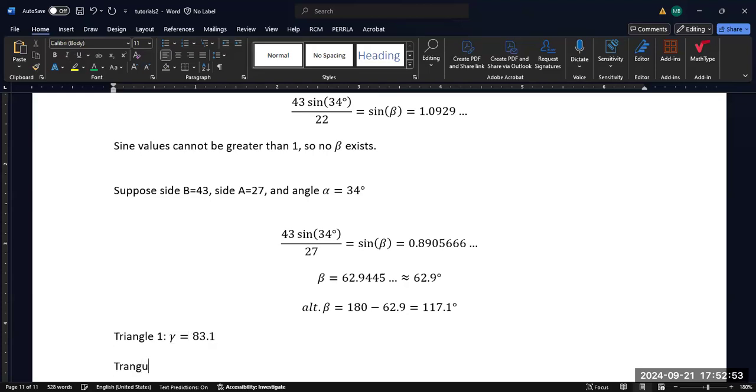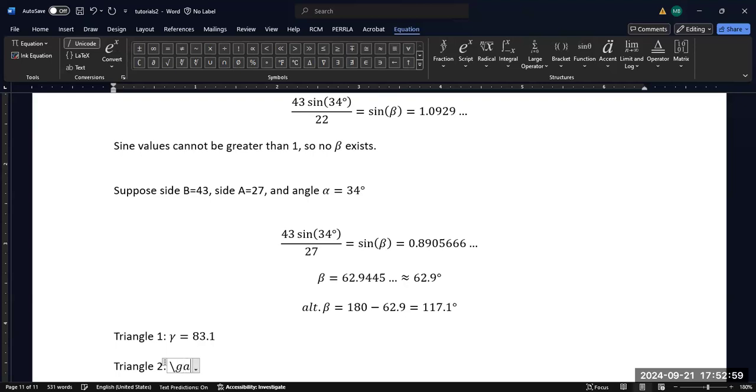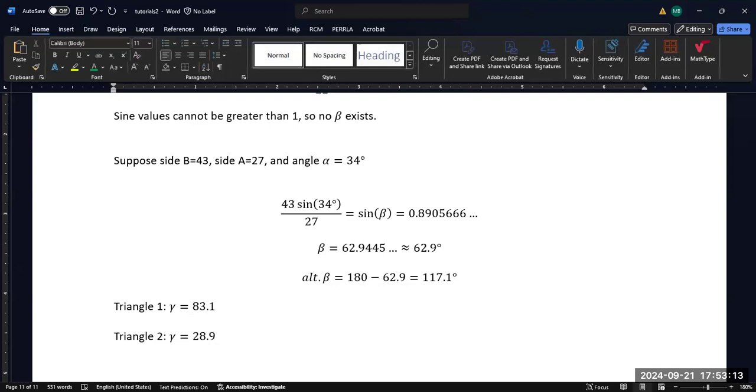And in triangle 2, gamma is going to be 117.1 plus 34, and then subtract that from 180 is going to be 28.9. So there are two triangles because I can let beta be this, and then this will be the second